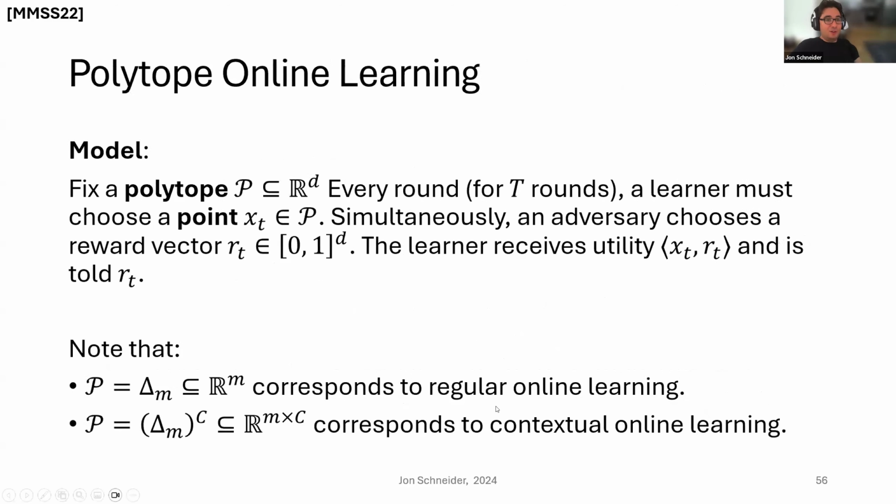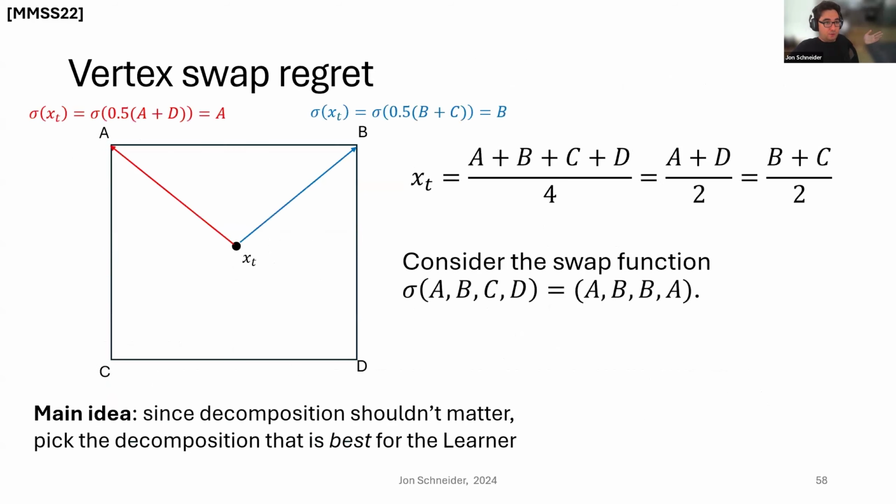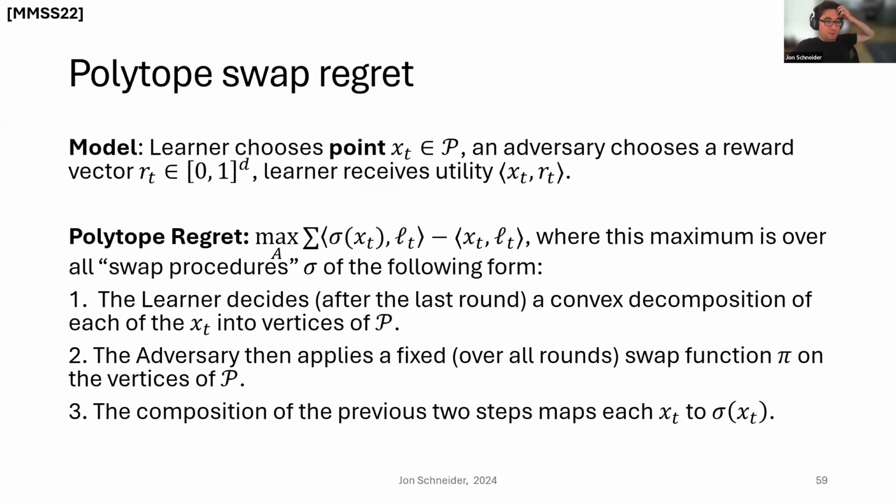So I think at this point, we do know what the correct notion of swap regret should be. It's this notion of polytope swap regret. So feel free to look through these slides to see how it's defined. It's definitely a weird notion of swap regret. Basically, it says something like you